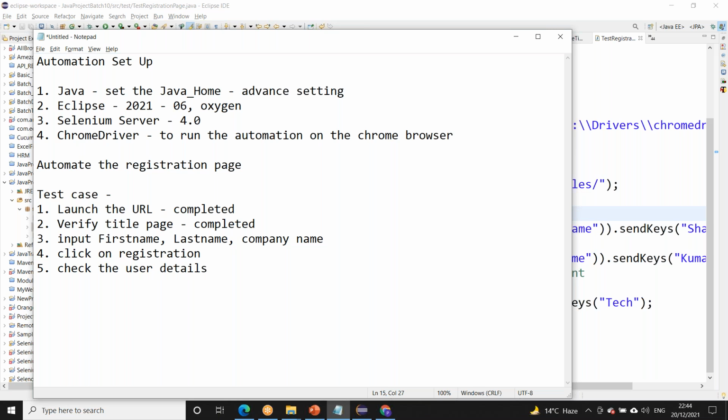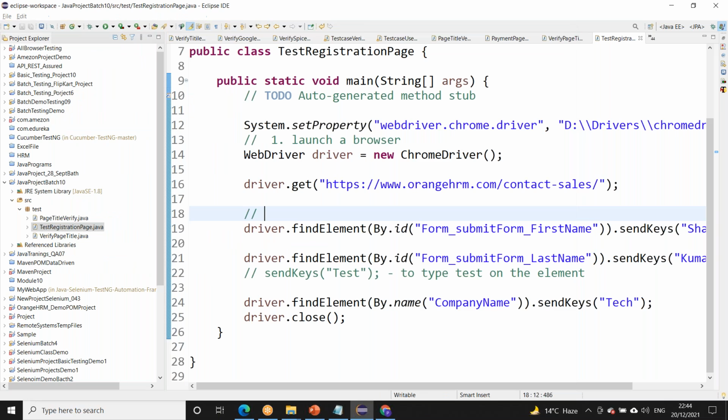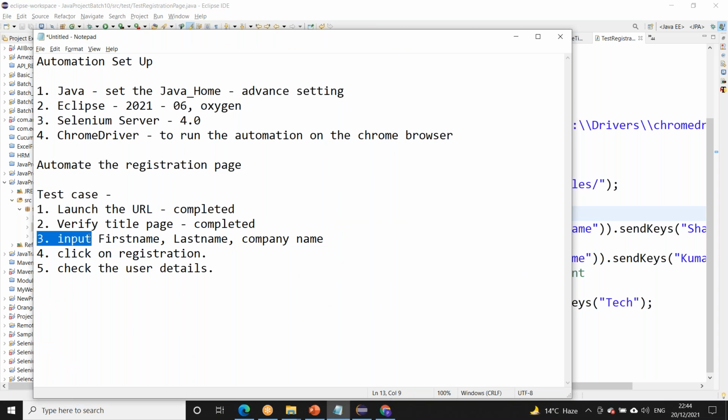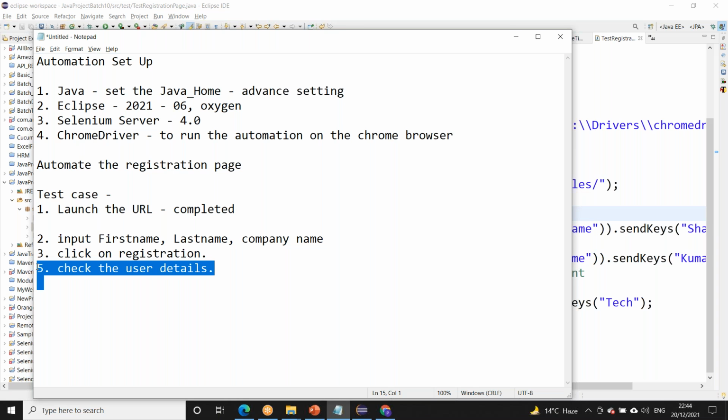Verify page title we have covered in another test case. So this one is step 2 and this is step 3. Click on registration and check the user details.